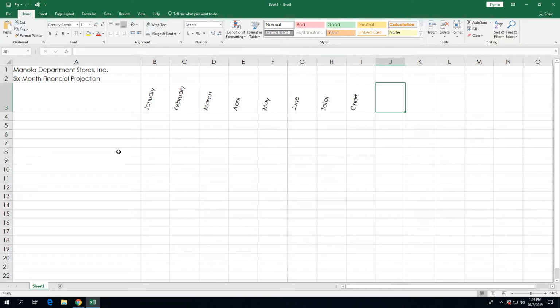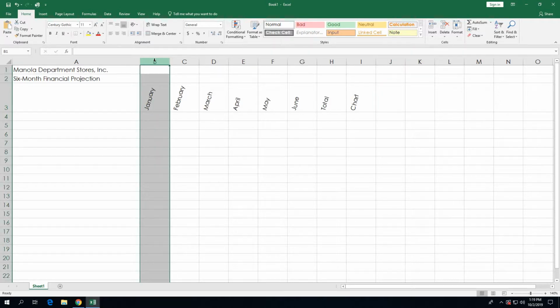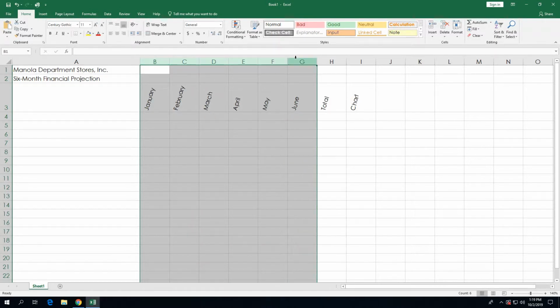Alright, once we've done that, we need to click the column B heading. So we're going to point to the column B heading up here where the mouse pointer is pointing down towards the column. And then we're going to click. And then we're going to drag from there all the way through the column G heading. Alright, so we're going to go from B through G, and then we're going to